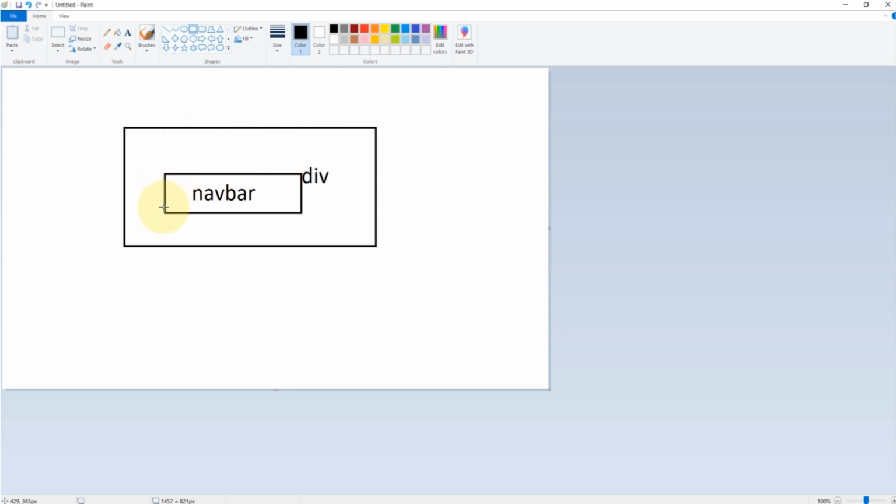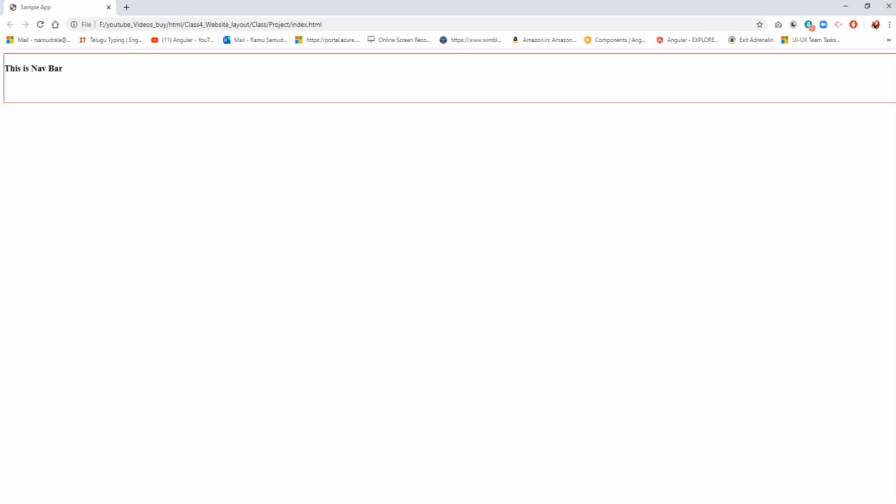Here my div is the element. Inside, if I want to maintain some space between my element border and text, I need to give padding. If my element should maintain some space from another element, in that case I need to apply margin to that element. This is the difference between margin and padding, and this concept is called the box model. Let's see it practically. Now I am going to apply this box model concept in our layout and see what happens.